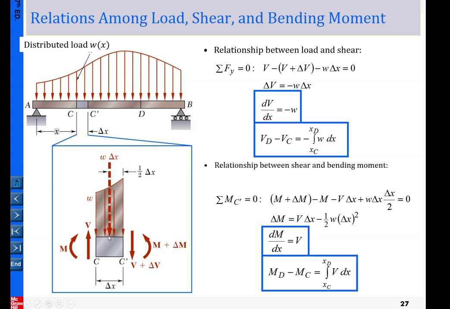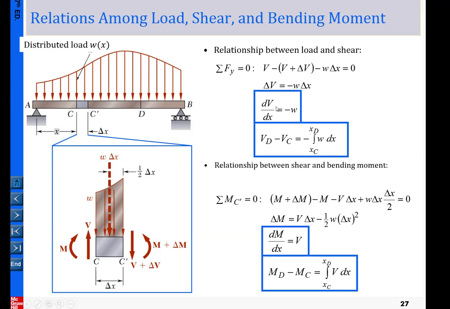Then in the free body diagram, on this end is the shear V, and on the other end is shear V plus delta V, a small incremental change due to the external loading, and again the bending moment M and M plus a small incremental change. So from here, with those small incremental changes in V and M over the size delta x, we take the equilibrium equations. Actually, we will lead to two important equations: dV/dx equal to minus W, and dM/dx